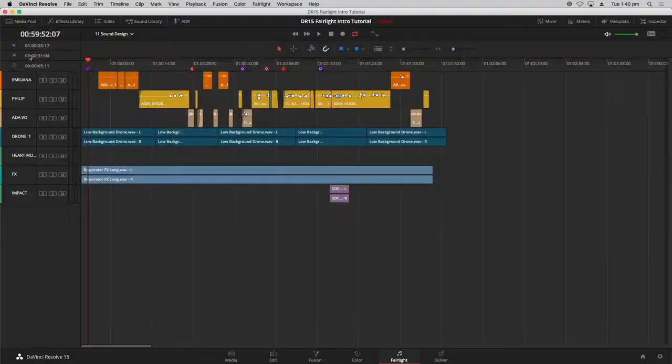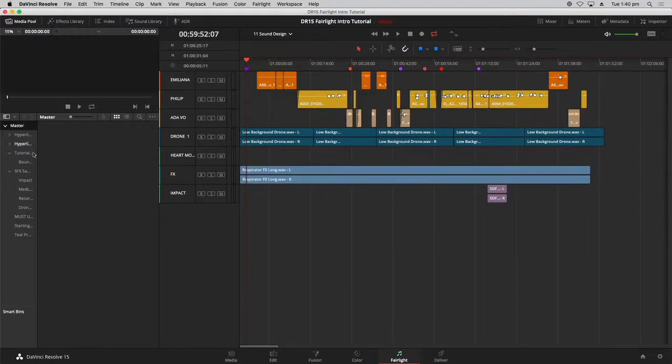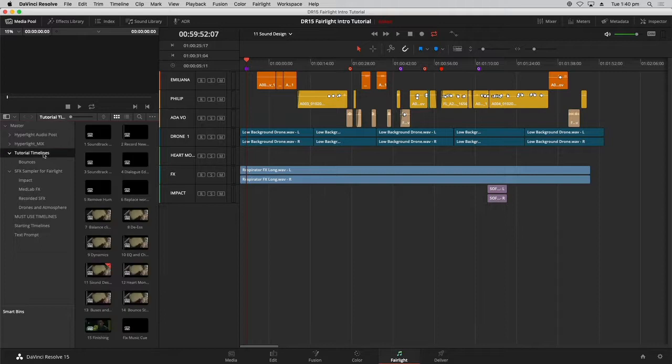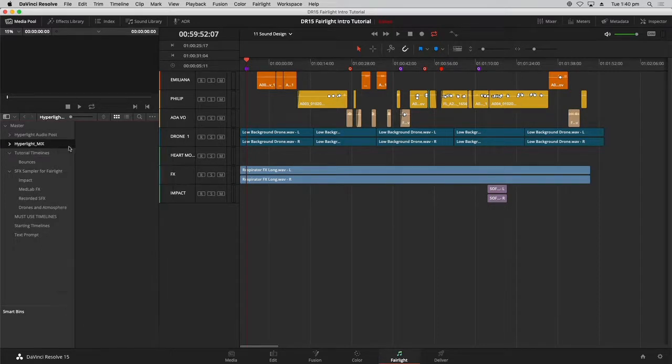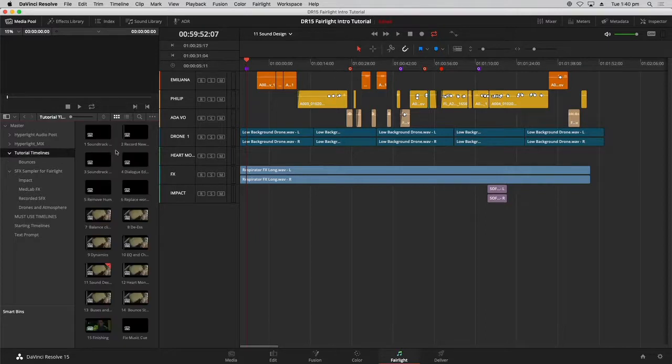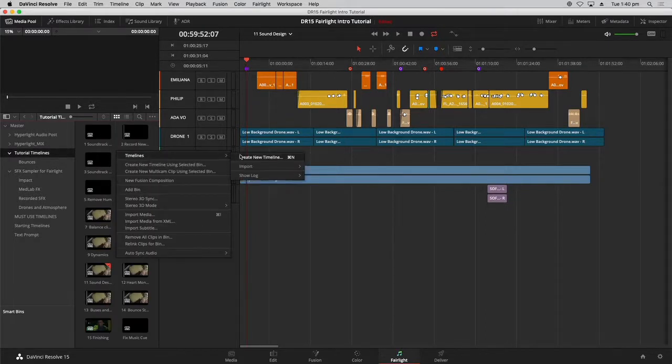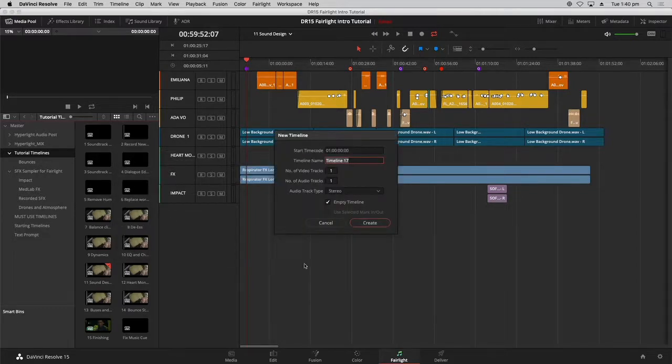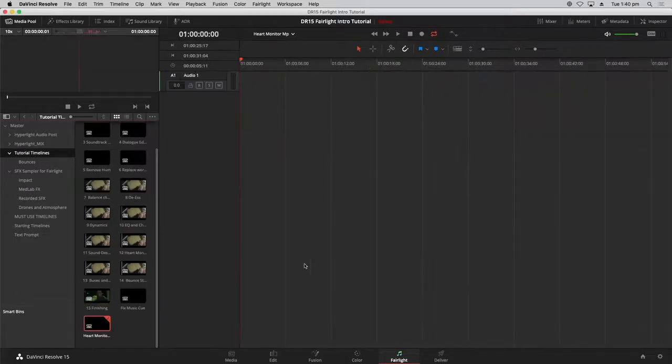So let's do that. Let's go over to the media page and create our new timeline. You can do it right here in your tutorial timelines if you want to. Just select the bin, right-click in that empty space, choose Timelines, then Create New Timeline, or just press Command N. Let's call it heart monitor. You can even put your initials next to it if you want to create something special, and there it is. I have my new timeline